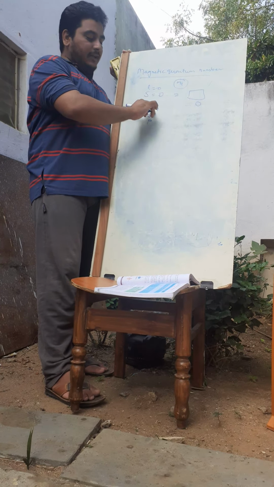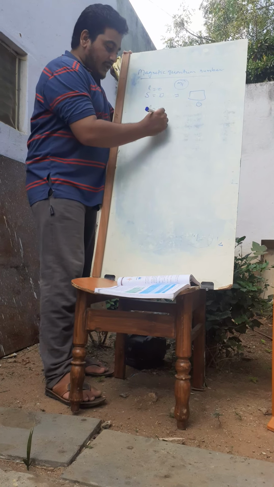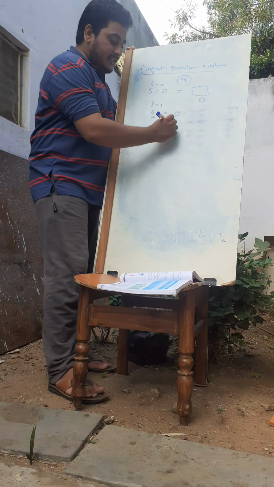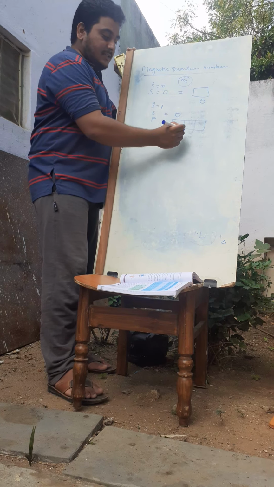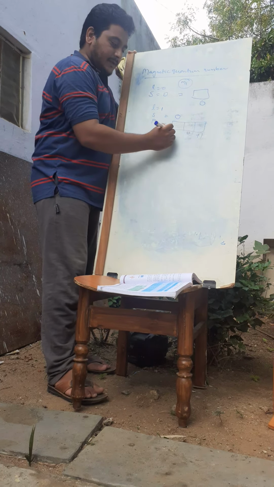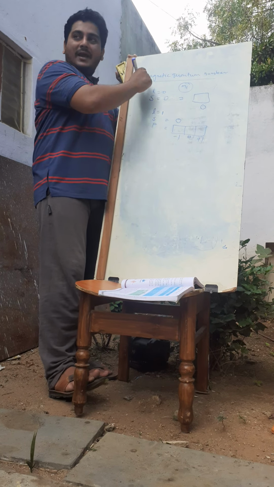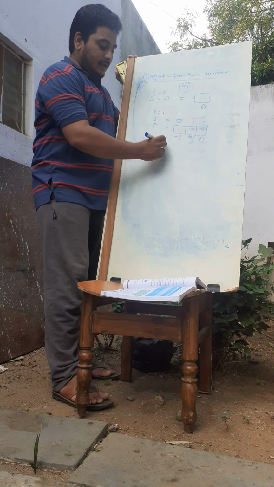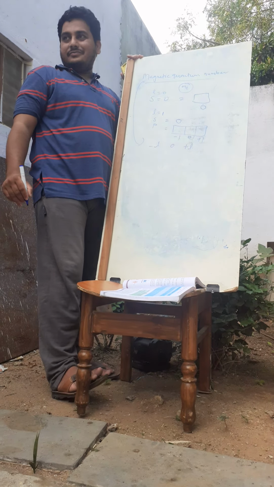Whenever l is equal to 1, we have the s orbital and the p orbital. The s orbital has only one value, that is 0. When the p orbital comes, it has three values. The middle value is taken as 0, the right hand side as +1, and the left hand side as -1. That's why the magnetic quantum number values start from -l, through 0, to +l, like integers.